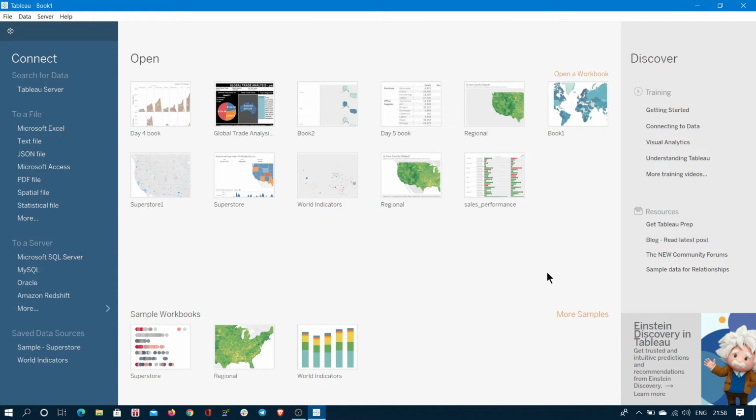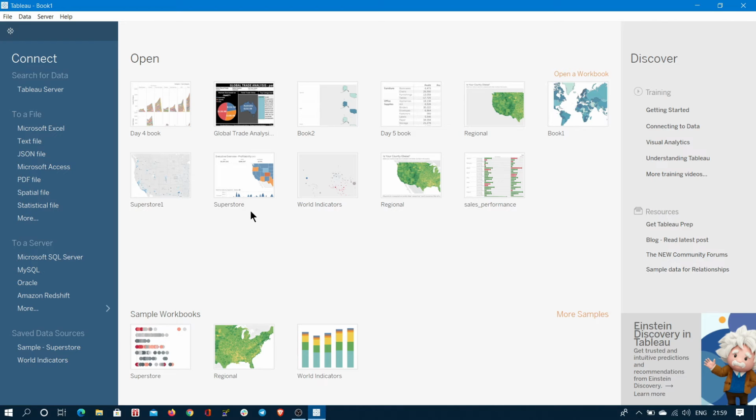In this video I am going to discuss how to create bar graphs, different types of bar graphs, using Tableau Desktop. You all may feel that creating bar graphs is not such a tough task because Tableau Desktop is drag and drop. But while creating any sort of graphs, we need to follow some rules and regulations, and we need to choose appropriate data fields, that means dimensions and measures. Without choosing appropriate fields, we can't get an accurate and well designed bar graph. Not only bar graph, any kind of graph.